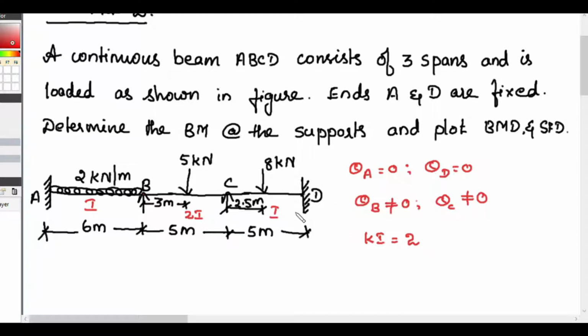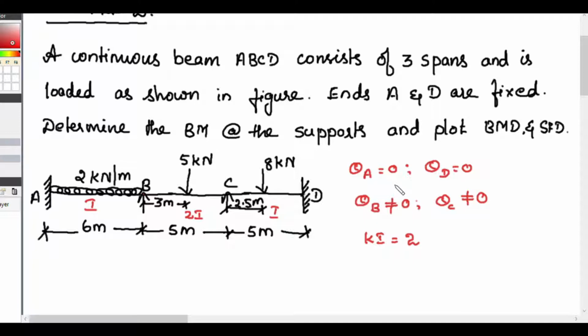So that means while writing the slope deflection equation, see our slope deflection equation is a displacement method or stiffness method. This comes under stiffness method. So here while you are writing the slope deflection equations, you will get all the equations in terms of theta B and theta C. Only the unknowns will be theta B and theta C. Okay. Now we will move on to the problem. See, with this basic understanding, we will move on to the problem.